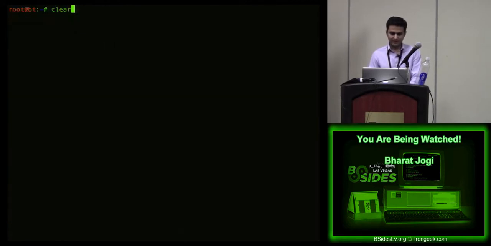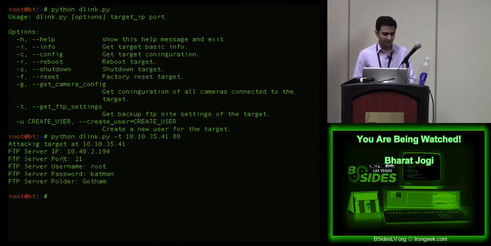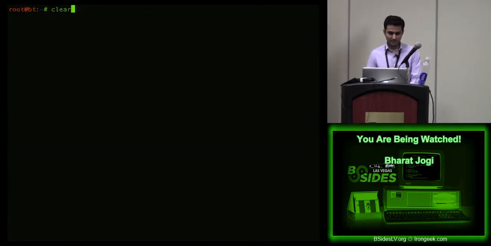So another is the FTP information disclosure vulnerability, the FTP settings of the target. To get the FTP settings, so here you can see the target is configured to work for an FTP backup site. Here is the IP address of the FTP server, the port, the root username, root password, and the folders where all the video files would be stored. And the most critical of